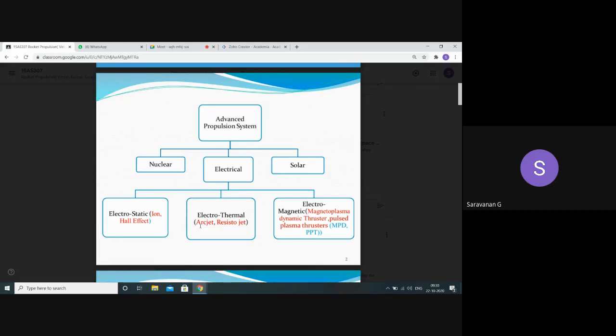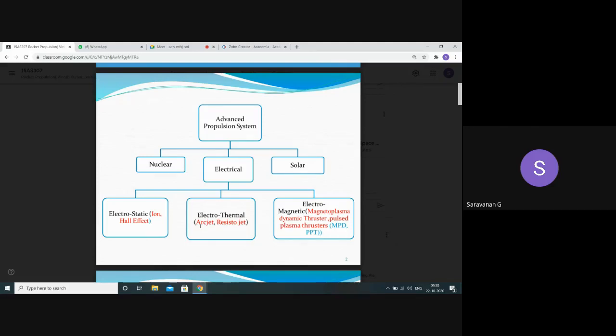Then the electric arc and the electric resistance, along with the thermal heating, tend to give some propulsion force. Hence, these methods are known as the arc jet propulsion system and the resistor jet propulsion system, coming under the major classification of electrothermal propulsion systems.